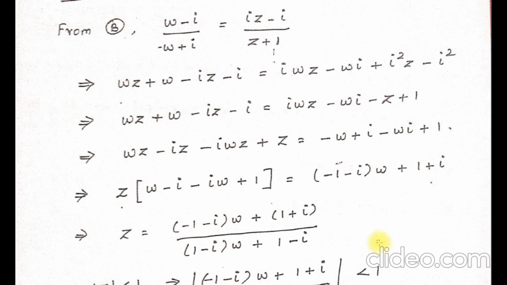So these were the steps. Have a quick look at these steps. It's very easy to find out, so I am not going to explain those things. Our aim is to find out only the value of z. It is easily arrived at by just simply cross multiplying and then taking z terms on one side and other terms to the other side, taking z common and bringing it down.